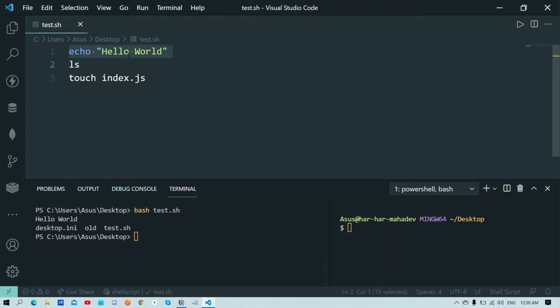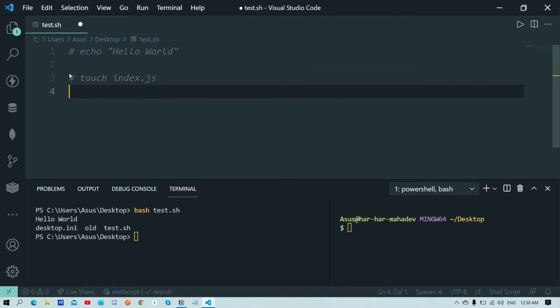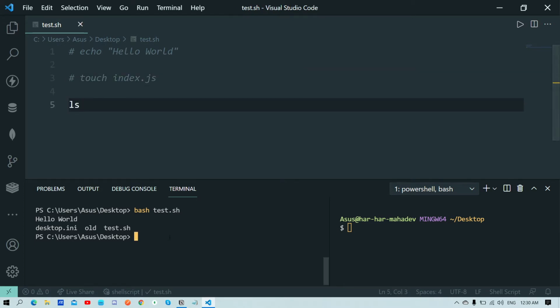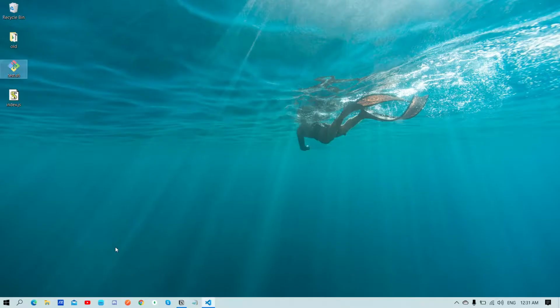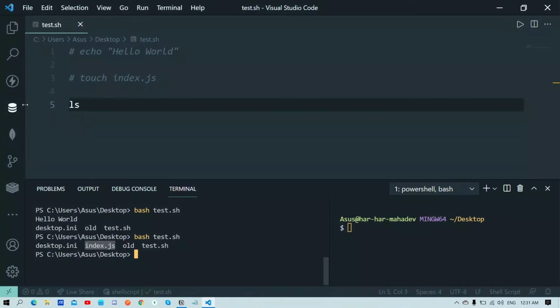Let's comment this out and, okay, it's created, but we used ls before the touch, which means it was created after we printed ls. So if I print this once again, or I simply hit ls over here as well, we'll get index.js over here. So this is an empty file. On the desktop as well you can see index.js is created through your file. So this is for file creation.